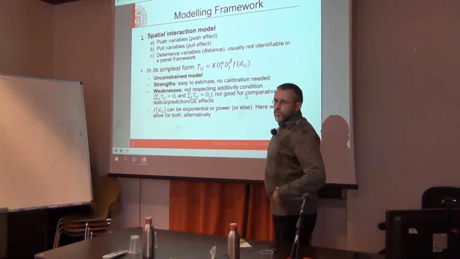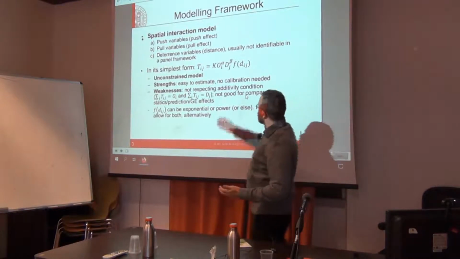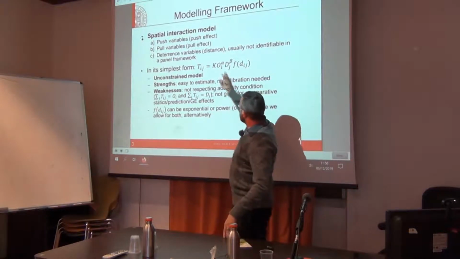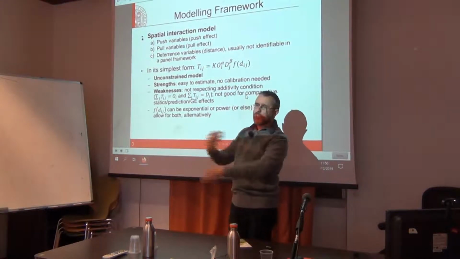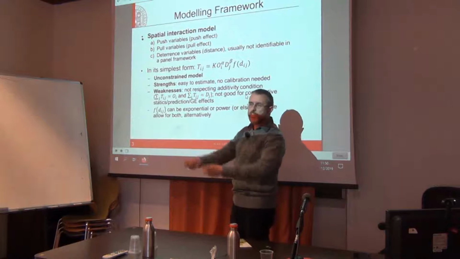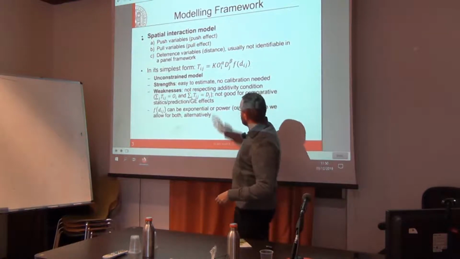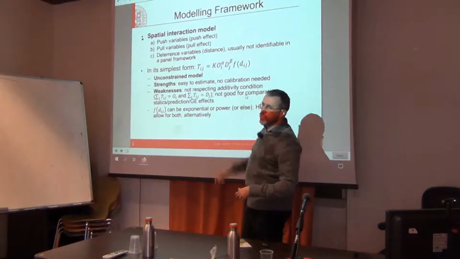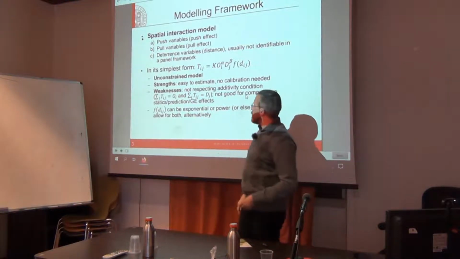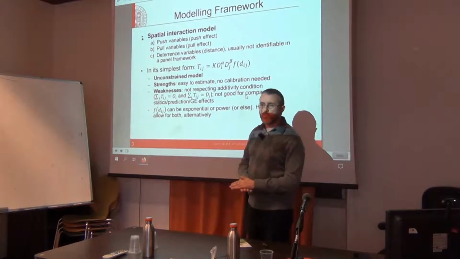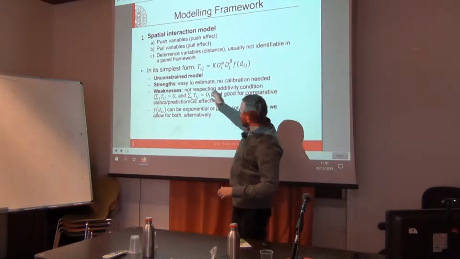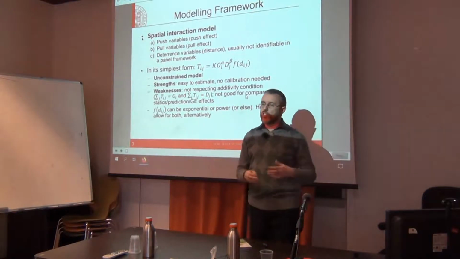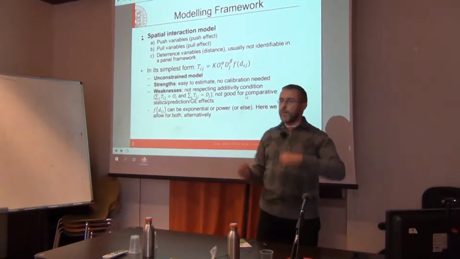There are two ways to estimate the spatial interaction model. The simplest way is a multiplicative model, like a production function with exponents, which if you estimate it in log becomes linear. This is the easy way. It's very easy to estimate. There's no calibration needed. You just estimate with OLS if you want, or with a Poisson regression, which is more suitable. The weakness of this model is that because you have this squared origin-destination matrix,